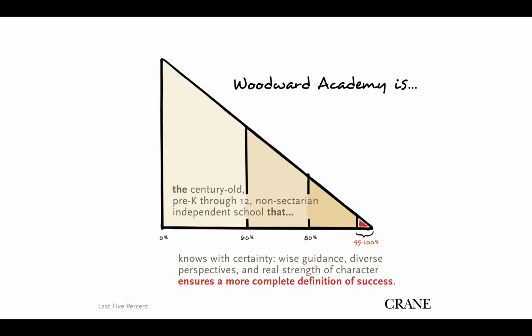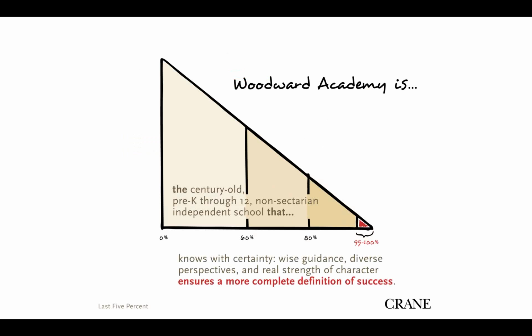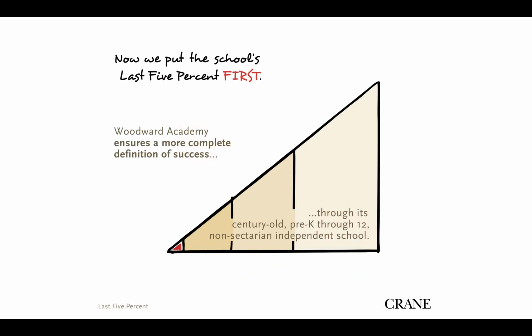There's really a place for everyone, regardless of what their gift is. So what we want to do in order to assure differentiation is, remember we had the triangle going this way. Now we have to flip the triangle over, and it's almost like looking through the wrong end of a telescope or something. We're going to take the last 5% and make it the filter through which we look at everything else about our school. So in this example of Woodward Academy, it ensures a more complete definition of success,